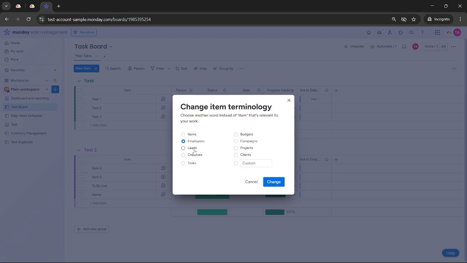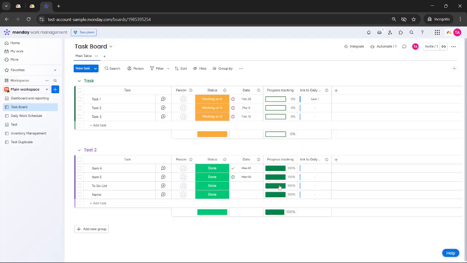You aren't limited to what's preset though, you can customize the terminology according to your specific needs. To do this, click on the text box where the current column name appears and type in your preferred term. For example, if you're deciding to change item to task, simply backspace to remove the default term and type task into the box. After typing in your new term, look for the change button within the pop-up window and give it a click. And just like that, you've successfully customized the first column in your Monday.com to better suit your